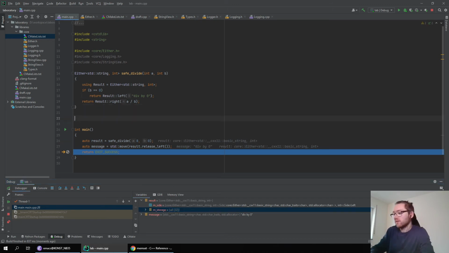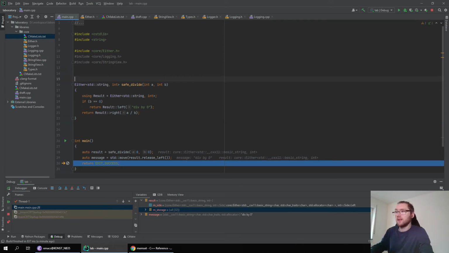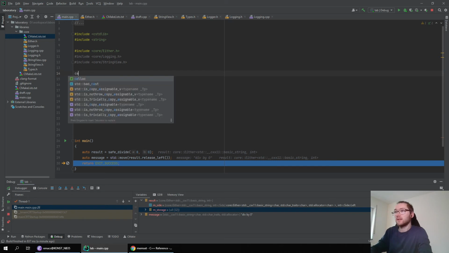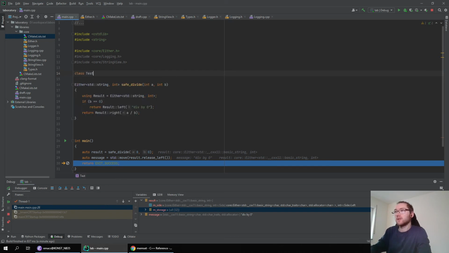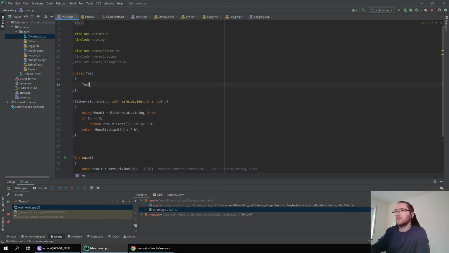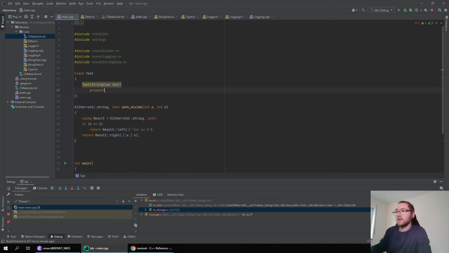So I'm trying to think of a way how to test this behavior. So let's just abuse this example and let's introduce a class. I'm just going to call it test for now. It's a constructor. I just put a string view. Doesn't have to be fancy, just a test.